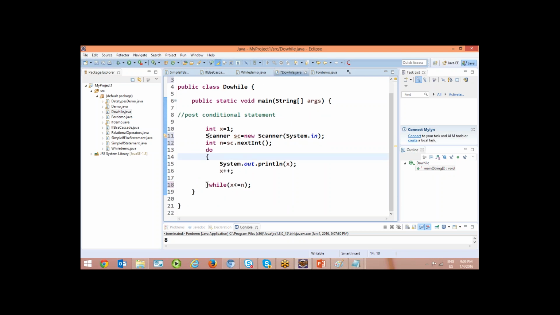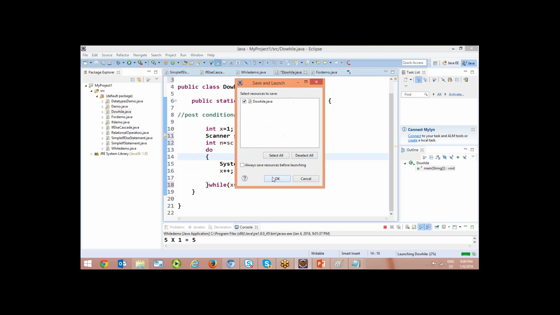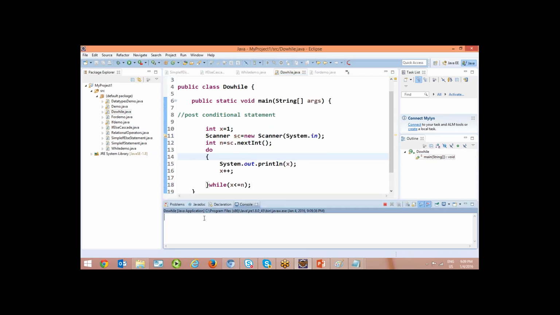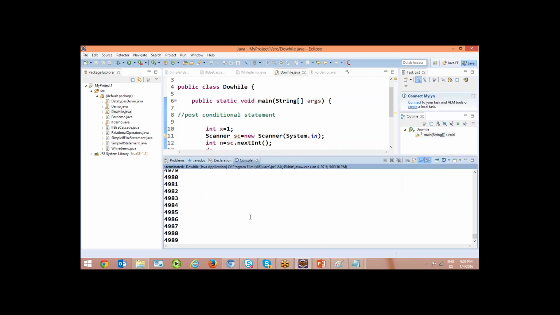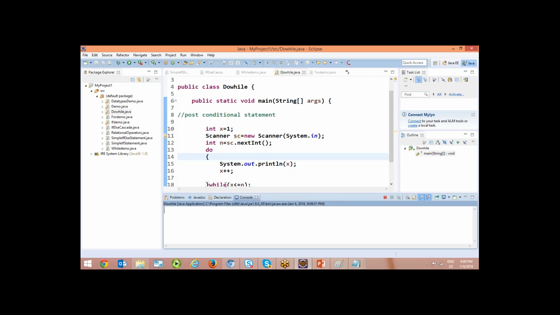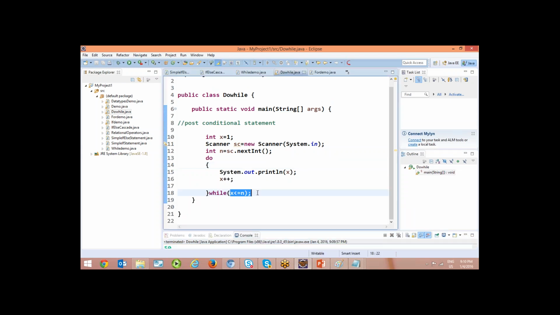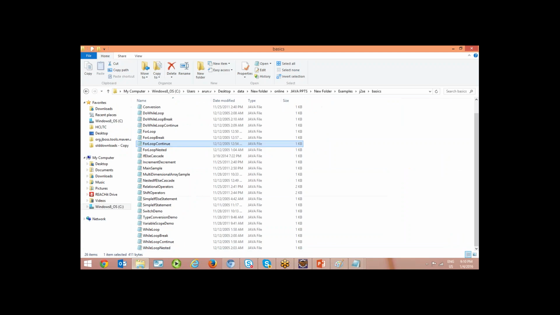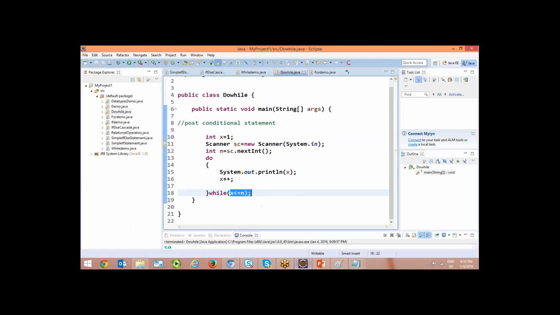Now you can use it. And now suppose you enter a number, let us say I enter 5000. So I'll get up to 5000 numbers. It's generic, right? Suppose I run it and the next time I give the number as 3, I'll get only 1, 2, 3. If I give 50, up to 50, right? It should be generic. Most of the time try to manipulate the existing programs by adding this scanner and taking runtime values.